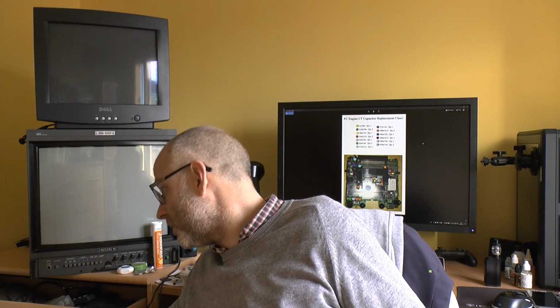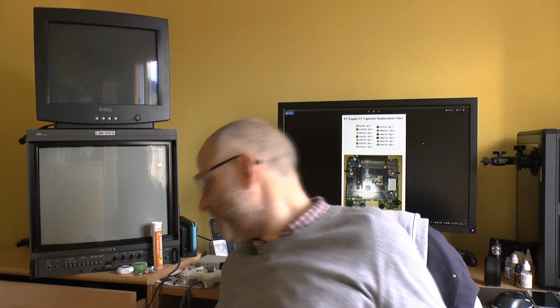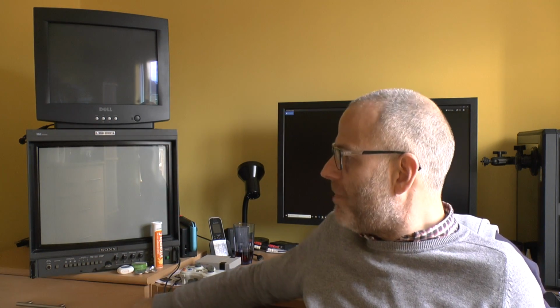And some time ago, I think it was 18 months ago, maybe 2 years ago now, I can't remember, I had my PC Engine CoreGrafx 2, which is in there, and that went bad as well, and that was a memory RAM chip went on it. But I replaced that off a spare board that I had. So that's 3 PC Engine consoles that have gone for a burn,